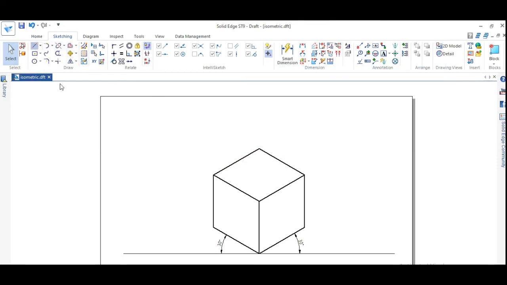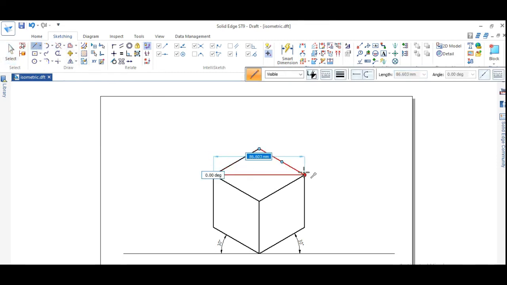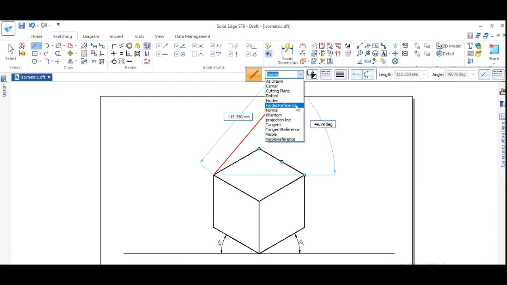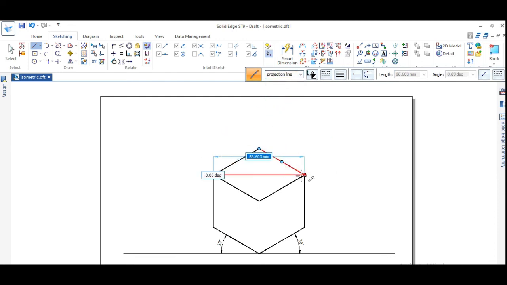So for that I have to represent the midpoint of the top surface. So from here to here I will join, from this corner to this corner it will be joined. So this is the midpoint of this top surface. So from this point I will draw a length of iso scale of the radius that they have given for a sphere. So what is the radius of the sphere? It is 25 mm, right? The diameter is 50 mm. So radius will become 25 mm. So I have to draw an ISO 25 mm.